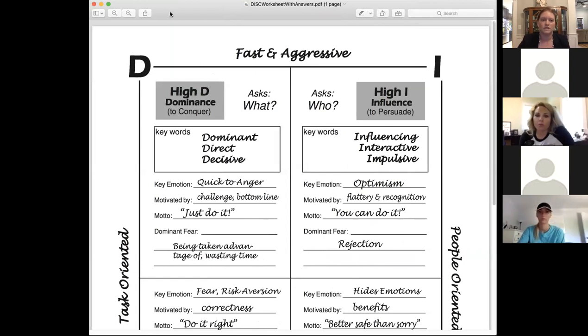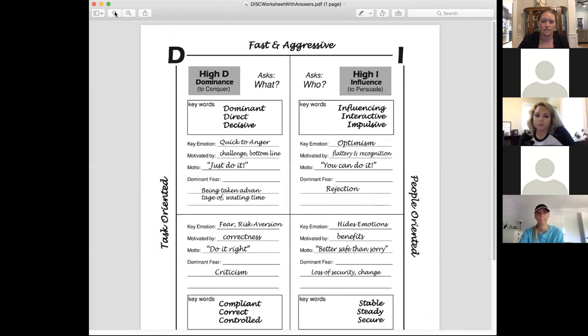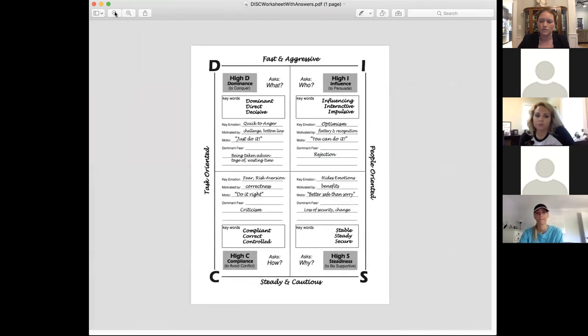So people often ask, what is DISC? What does it stand for? What does it even mean? I'm going to make this a little bigger. Can you guys still read that? Can somebody nod their heads? Okay, awesome. So what this chart does right here is it explains what D, I, S, and C mean.